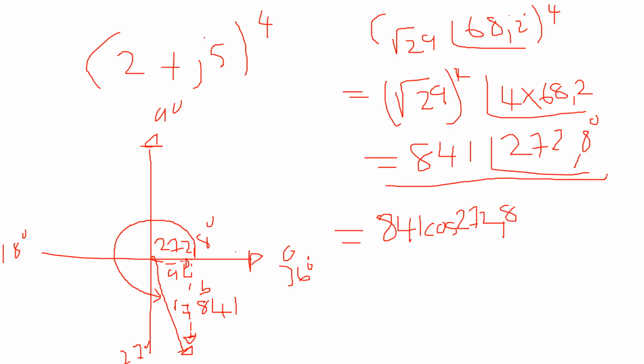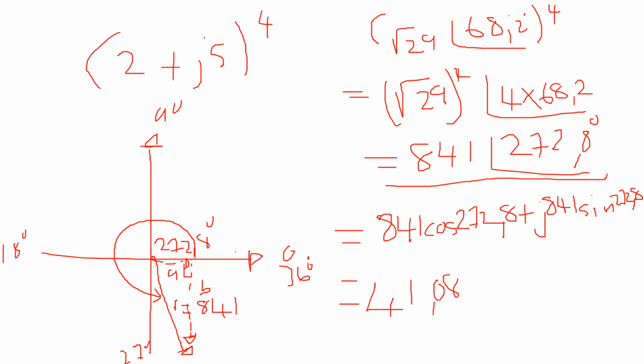272.8, plus j B, which is the resultant, 841, sine of the angle, which is 272.8. Okay, then you just put everything into your calculator. It's 841 cos of 272.8, and then we get 41.08, and then here